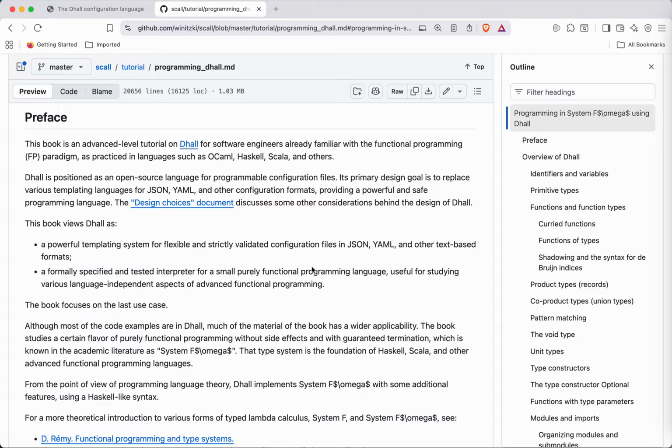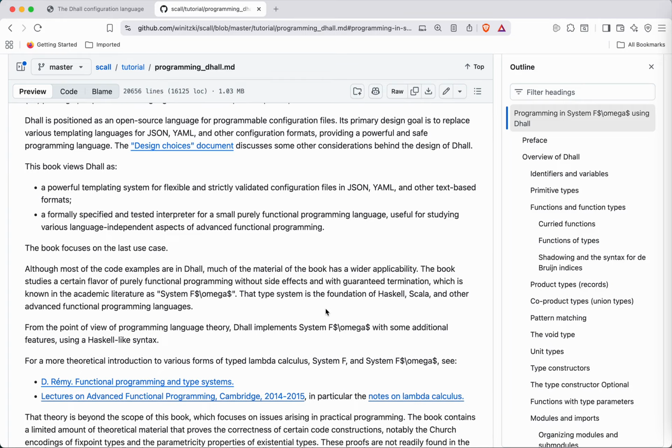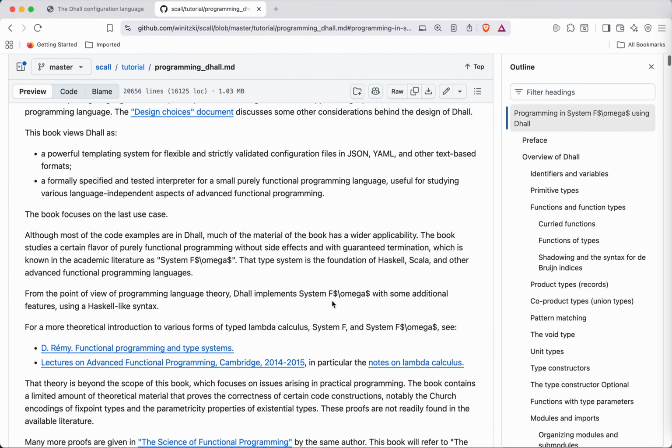So it is a very different kind of lambda calculus than what you would read, say, in Wikipedia when you look for lambda calculus, because of the static types and all these features of the type system, especially higher-kinded types, which make programming a very different experience in System F Omega. So this is indeed an exploration of this sort of programming paradigm where you have functional programming, which is pure, there are no side effects at all, and also there is guaranteed termination.